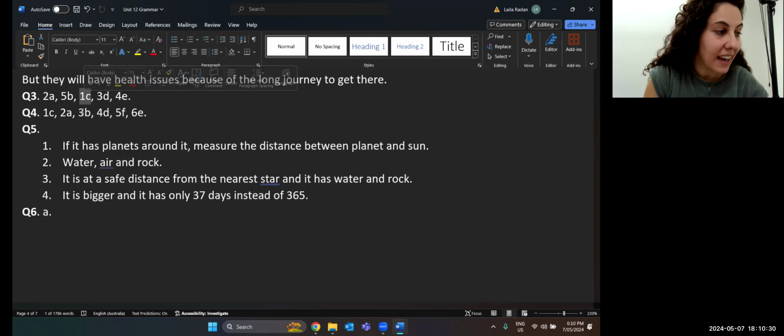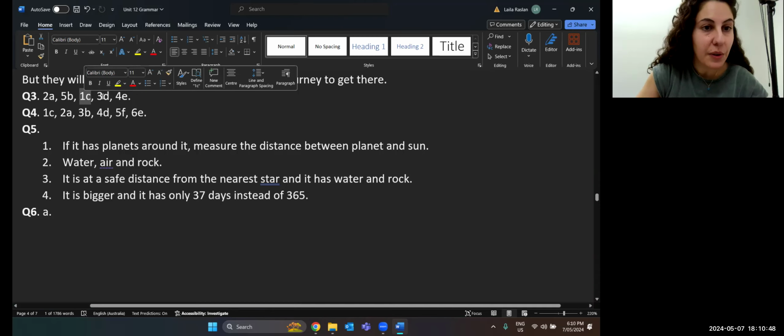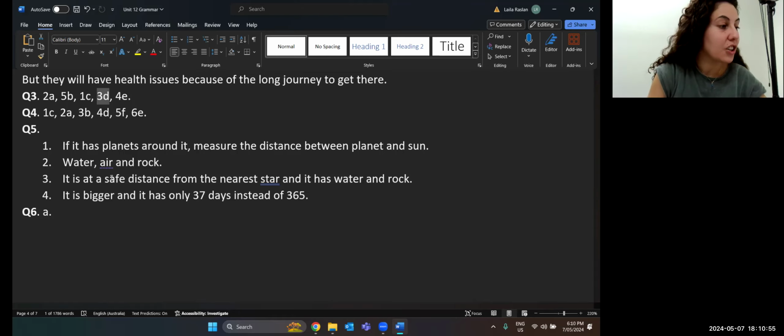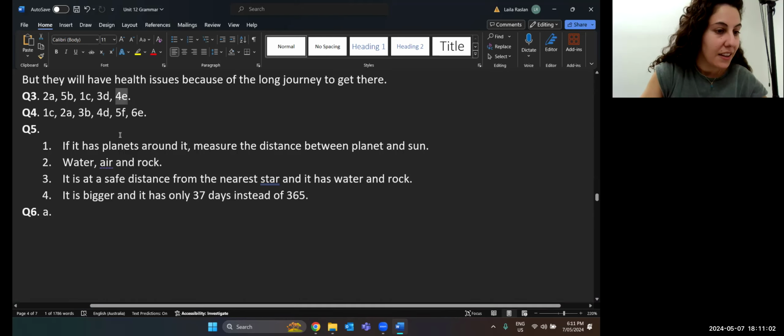So even if we can't see water on a planet, it's sometimes there. That's in the third paragraph, because it says water is important. But if you look under the rock, you can find water there. That's in the third paragraph. And the last one, humans can live in those temperatures. That was in the fourth paragraph, because it told us about minus 31 degrees and minus 12 degrees.